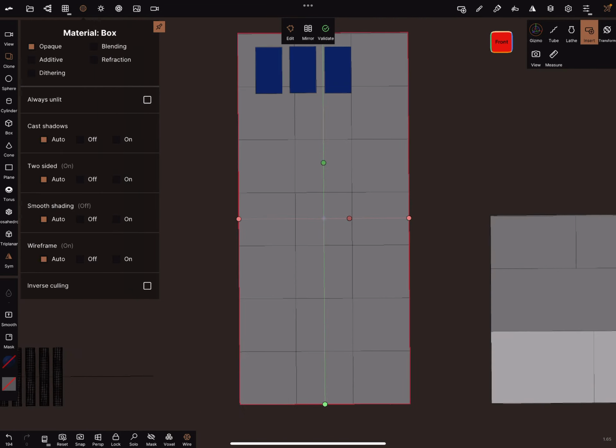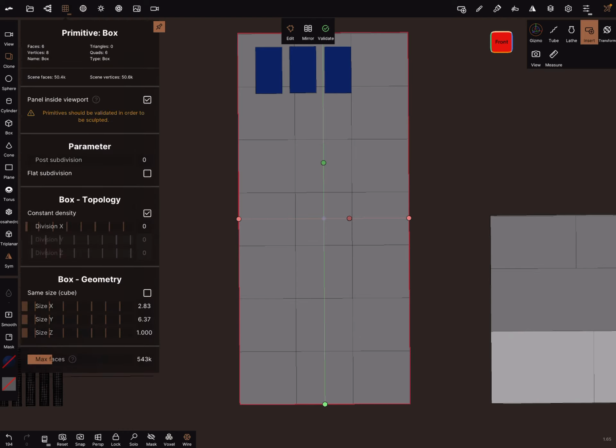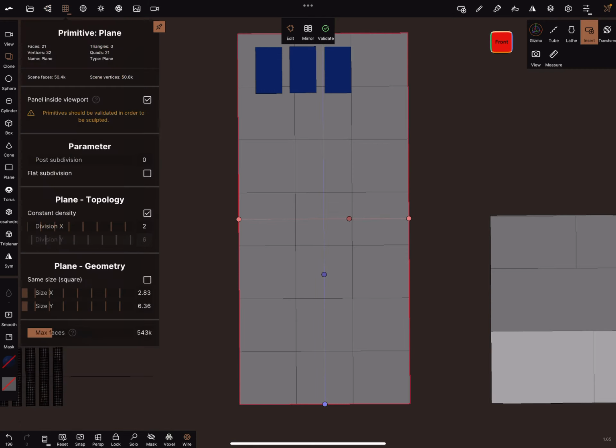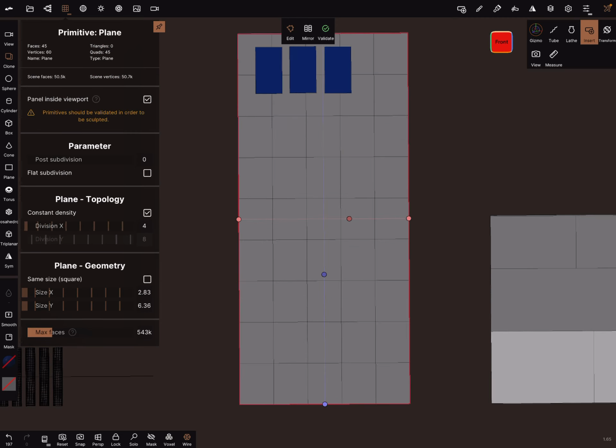Okay, now we've got a grid in place, and here we can use the topology. Sorry, now we use this grid, and here we can change our divisions. Constant density we can turn off.